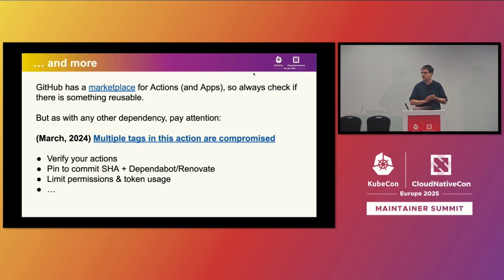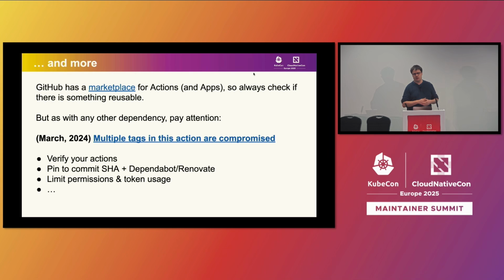And there's many more that you can use. So again, before you start writing your own, and we get into this in a minute, go to the marketplace and you will find a lot of actions and apps and whatnot. But of course, with any dependency, pay attention. There's security concerns with that, right? I mean, we heard it just recently that there was one GitHub action under attack, and there was a try to extract security or privacy information, or secure information, from a repository. So if you have been using this action, you might have experienced this firsthand.